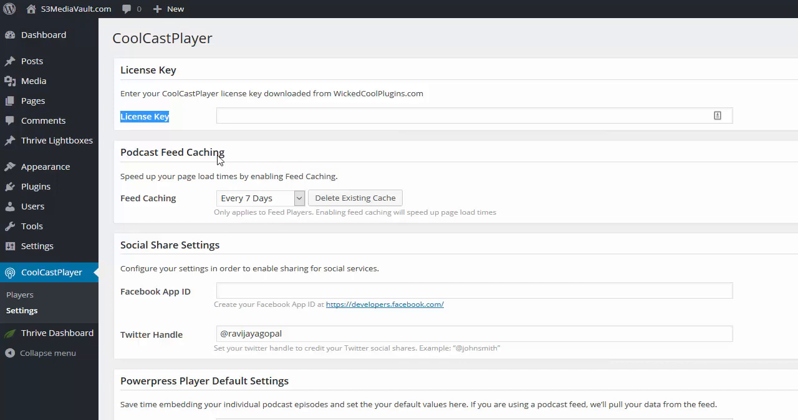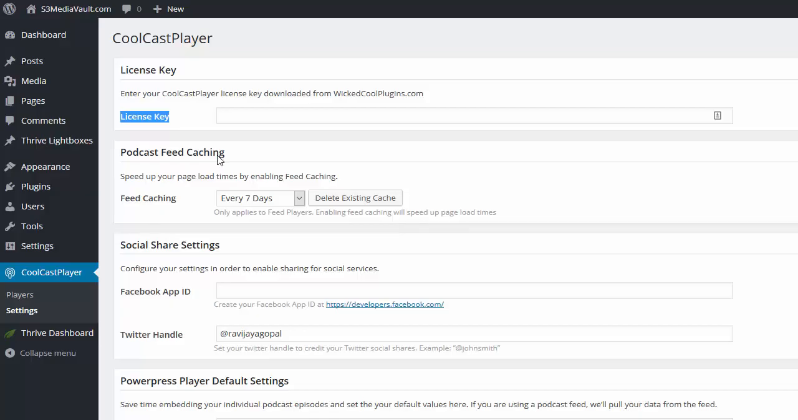Now the next setting is podcast feed caching. This is only applicable if you are using CoolCastPlayer as a feed player. So you have to be using a feed player, as in if you have a podcast, and you're using CoolCastPlayer to power your podcast, then you will have a podcast RSS feed. This does not apply if you're just using CoolCastPlayer to play regular audio files in your members area. We'll get to that in a minute. For that, you'll be storing the files on Amazon S3. This setting is only if you're using